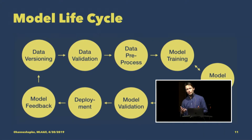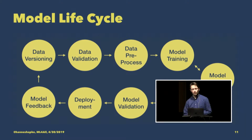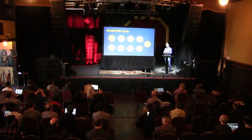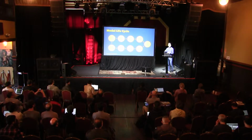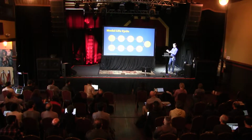Every machine learning model starts with some data. We do some data versioning, we do some data validation. Often we have to do some pre-processing to take the real world data and map this to something our model can understand. We train the machine learning model. Once we've settled on the architecture, we often do some tuning. We analyze the models and do some validation, usually around whether the model is performing better than what we have seen before. And then once we know that the model is better than what we put out in the world before,